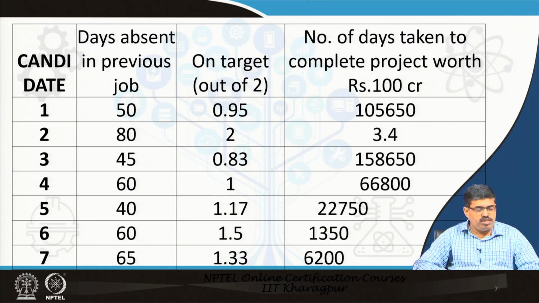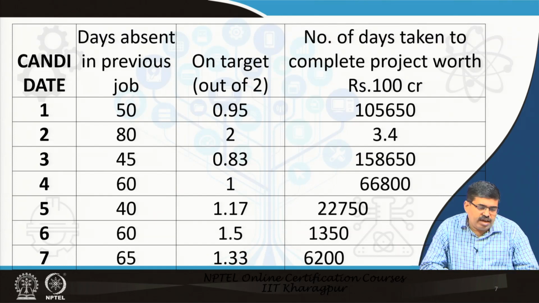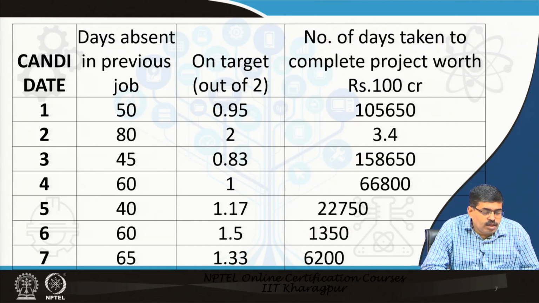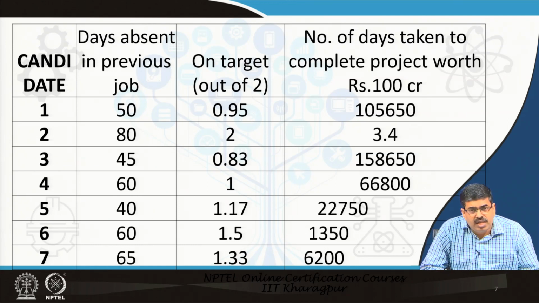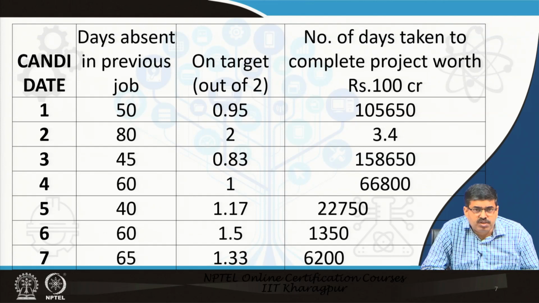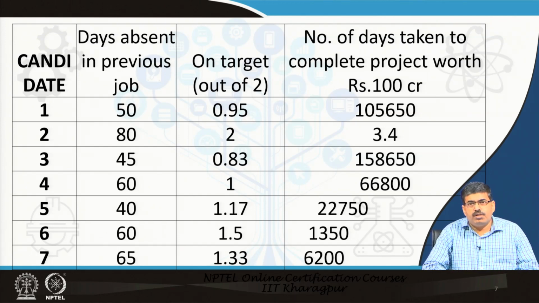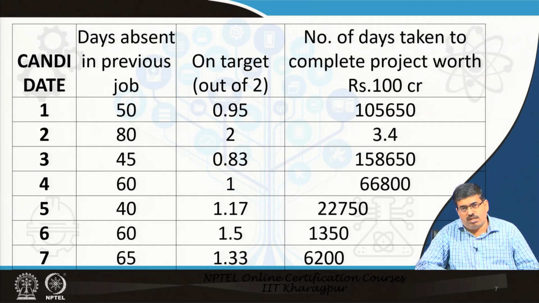What you are seeing from this table, let us see. We are noticing that each one is good in something, and not good in something else. So, these types of things are there: good in something, not good at something. So, it is a bit difficult to come up with a conclusion on